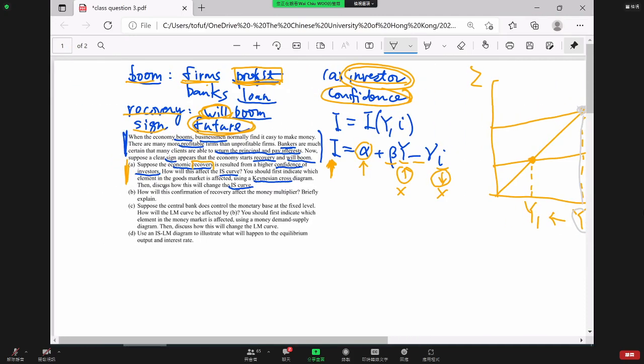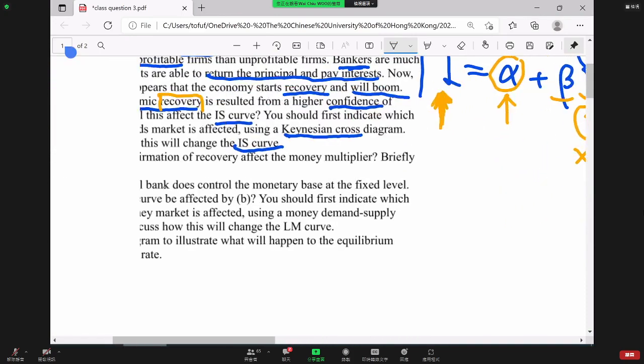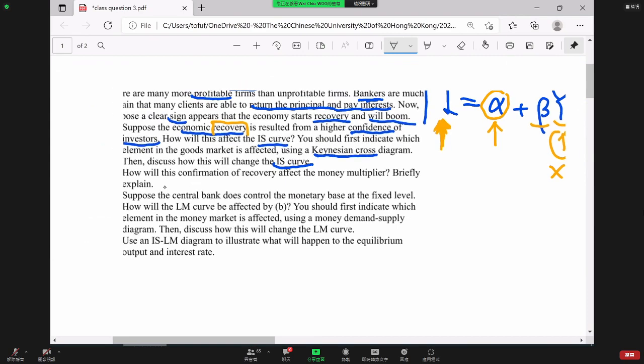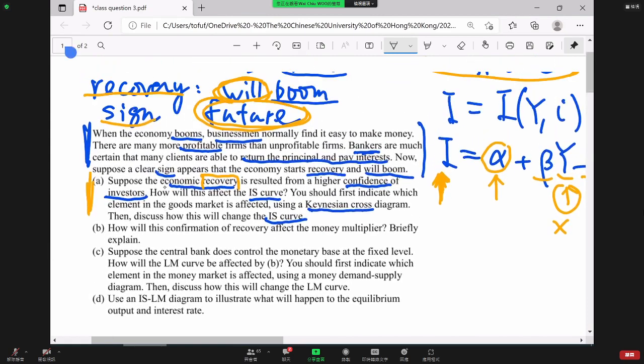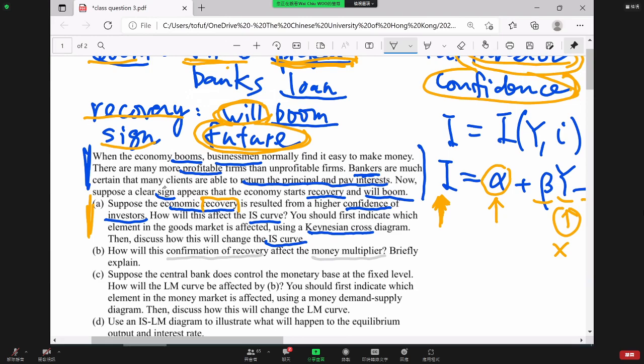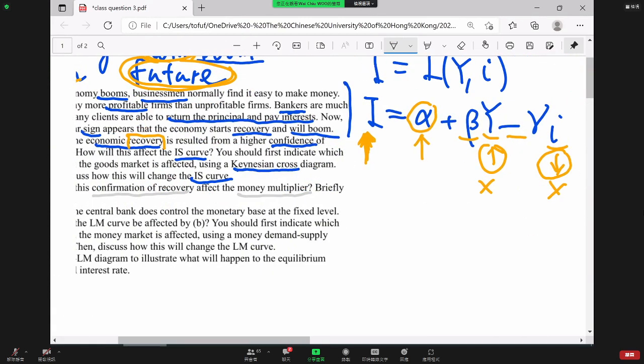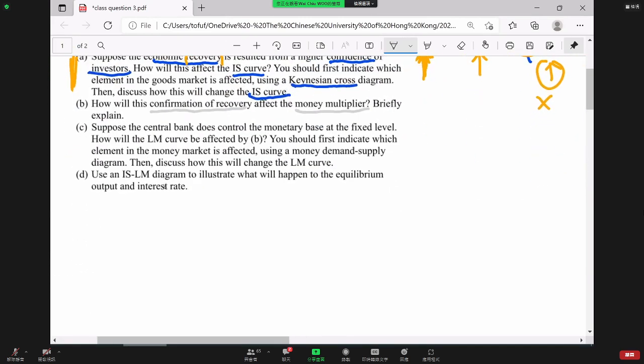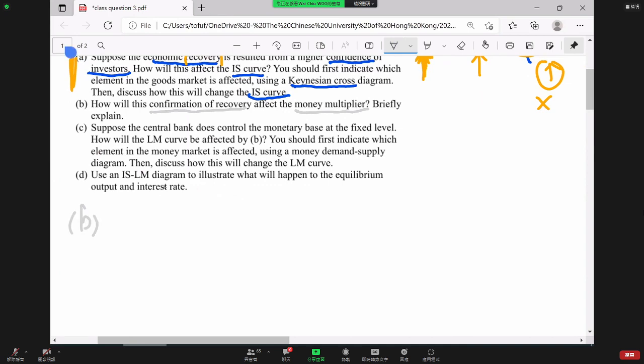Now let's talk about B. Now, how does this confirmation of recovery affect the money multiplier? This is now talking about the money multiplier. If it is talking about the money multiplier, then perhaps it would be good for us to first write down the money multiplier, which is this,